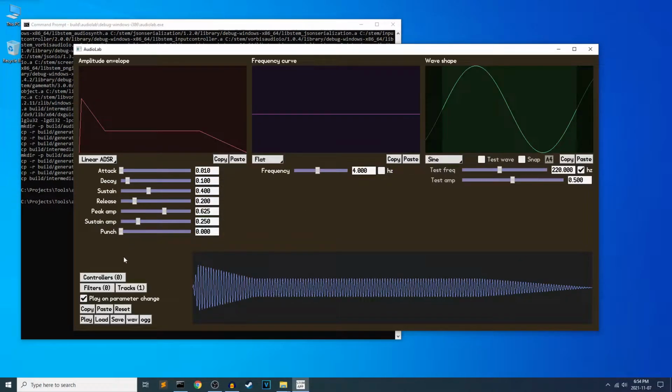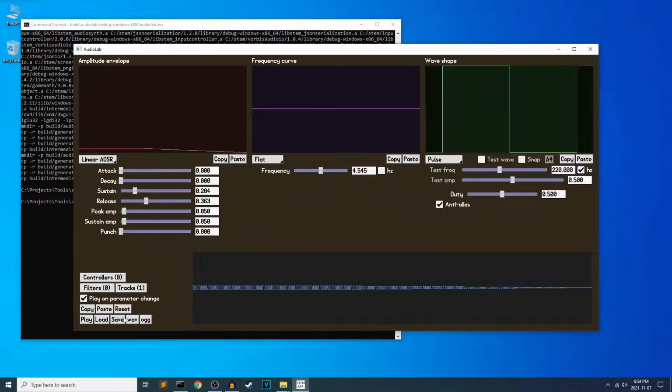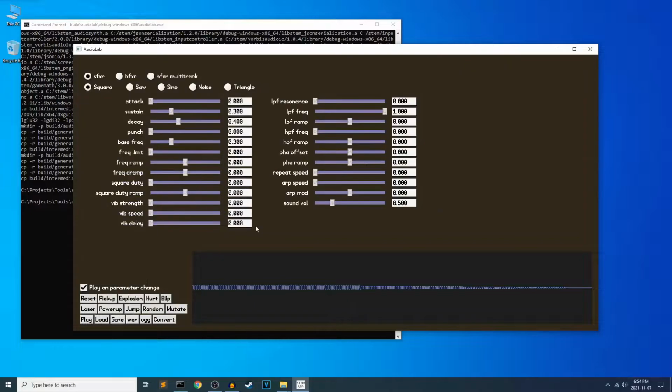So you might have already seen some new stuff here. We'll get to it. First thing I did was I added a convert button to my sfxr screen here. So if I click this, if I play this, sounds like that. If I click the convert button and play, I get the AudioLab synth equivalent of what was there in the